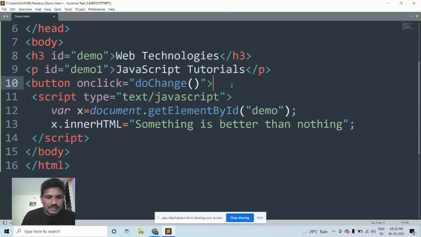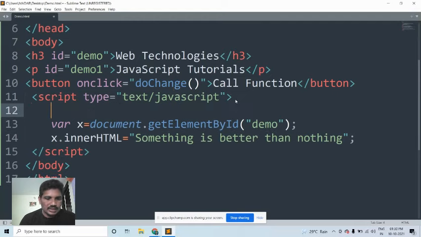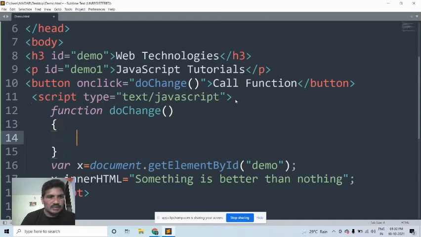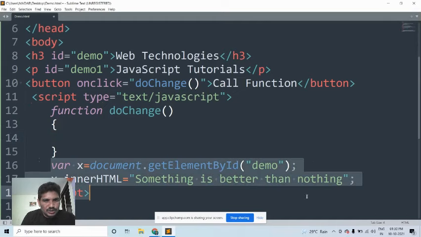Then the button name is call function, and the button is closed. Then when control comes here, the function keyword, then what is the function name? doChange is the function name. Whenever the button is clicked, I would like to include these two.